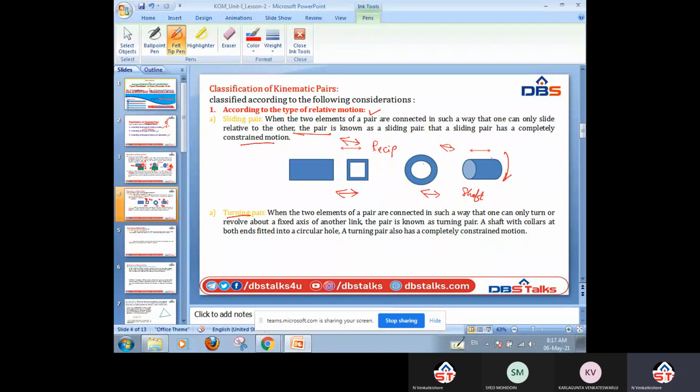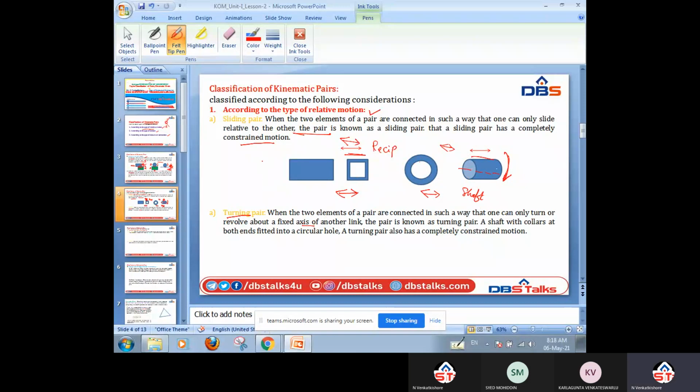So in this case, what we consider is an incomplete constraint. What does that mean? In an incomplete constraint, the motion takes place in more than one direction. So here previously only reciprocating motion occurred, but now we have reciprocating motion and rotation. This we will call an incomplete constraint. But what does it mean by a turning pair? In the turning pair, we are creating only turning relative motion.